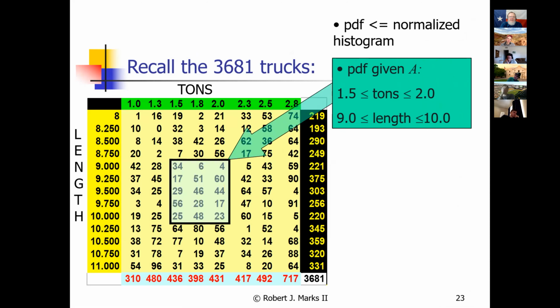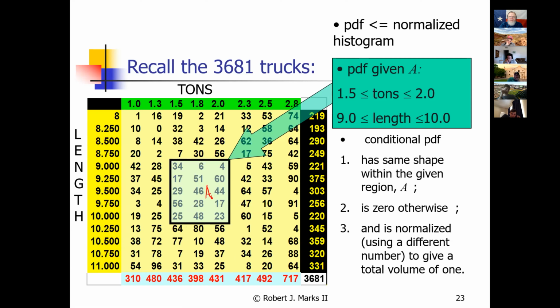So all of a sudden what that does is that focuses you in onto a sub area. And this sub area is what? This is your A, if you will. You're given that the random variable exists within this sub area.